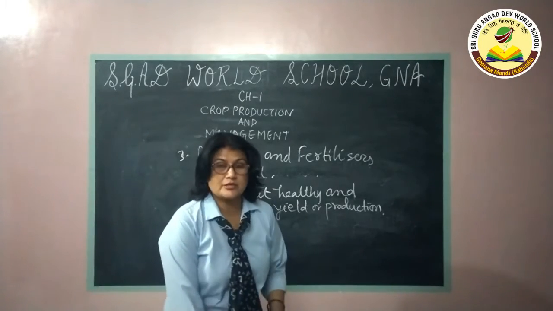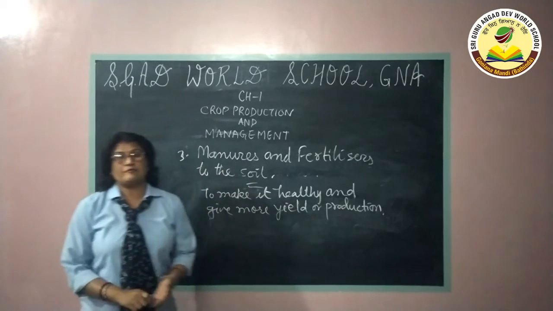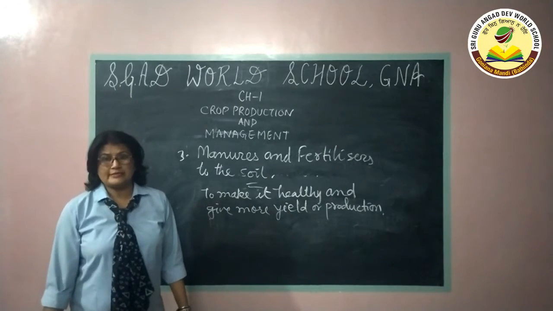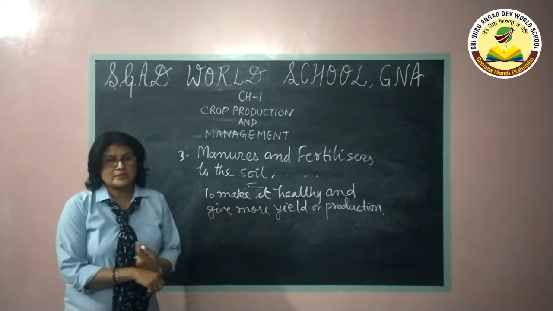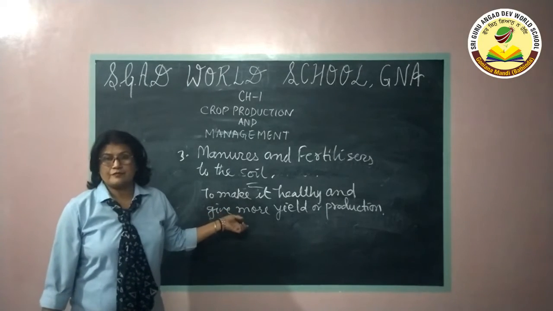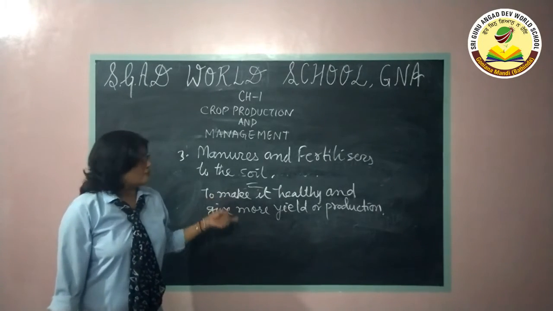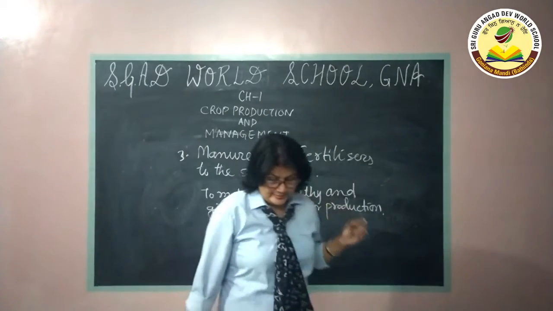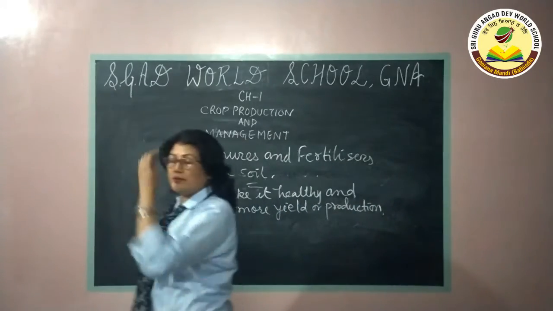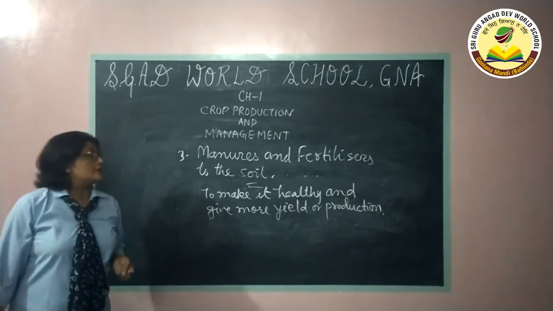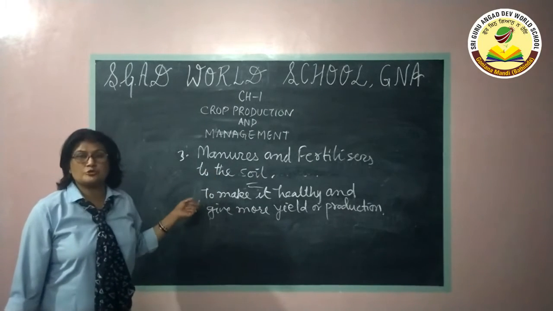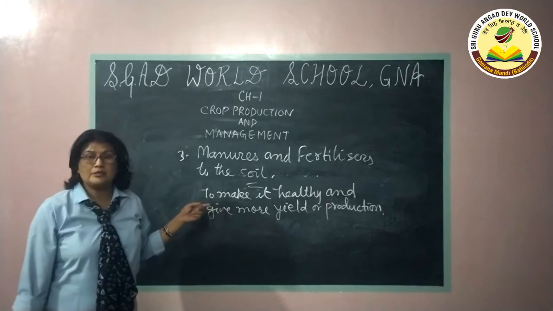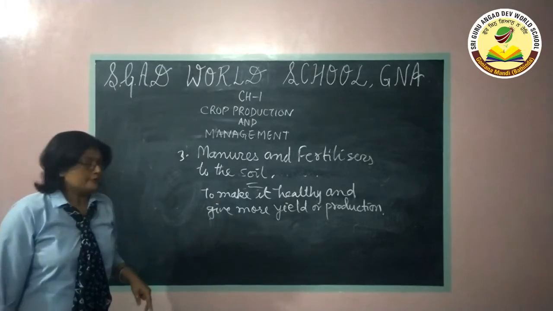Manures are organic substances which are made up of organic matter like cow dung, vegetable waste and other things. These are very nutritive and give all the required nutrients to the growing crops in the field. Whereas fertilizers are the man-made or artificial replacement of manure. These also do the same job to make the soil healthy and fertile.